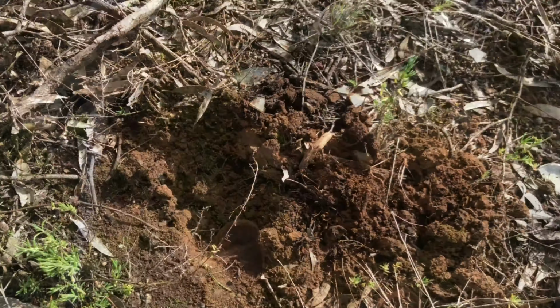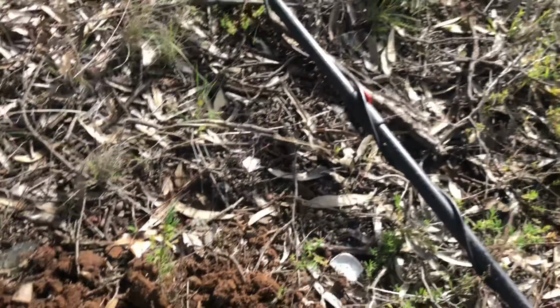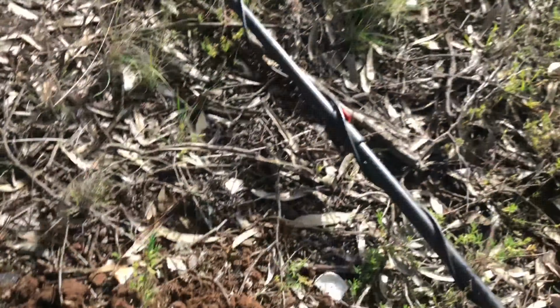Anyway, I'll keep going. Now, we had a 17 down here, and I believe the house was up somewhere here, but there's all sorts of glass and bricks and stuff coming down here. I have been up there before and found a couple of coins, but I thought I'd do a bit of an outskirt sort of day and see what's a bit further away. But anyway, had a 17 in here, and that is our signal there, which doesn't look like much,